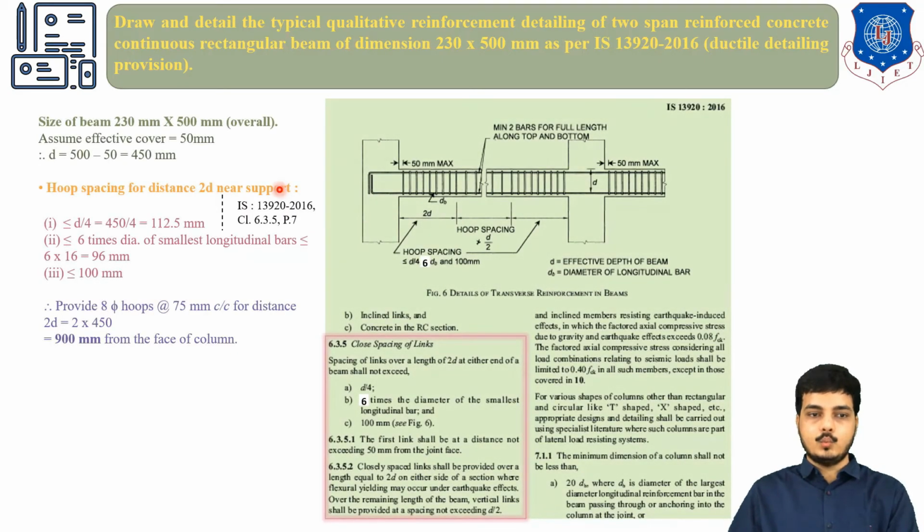Now let's see what we need to do. So now on IS 13920:2016, page number 7, the criteria are given for close spacing of link. Now look, in the beam there are two kinds of reinforcement, which is longitudinal reinforcement as well as the transverse reinforcement. So this horizontal one which is going is my longitudinal reinforcement, and longitudinal reinforcement you have studied in design of structures, in singly reinforced beam and doubly reinforced beam.